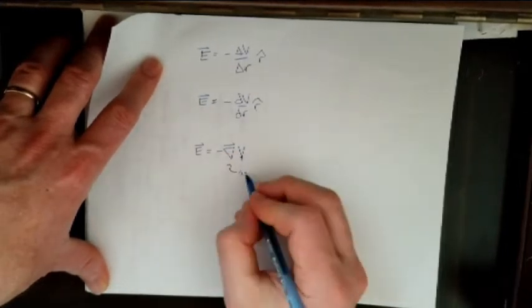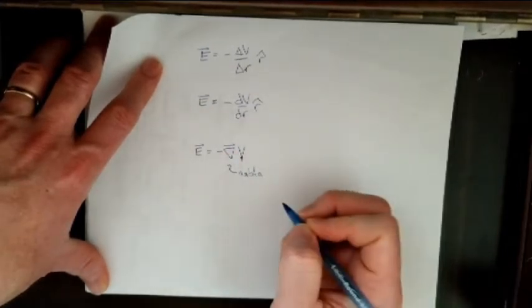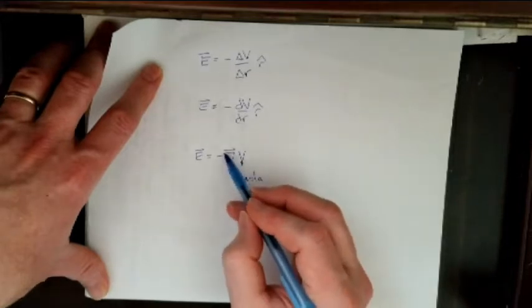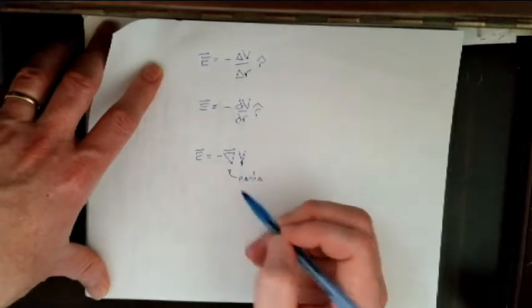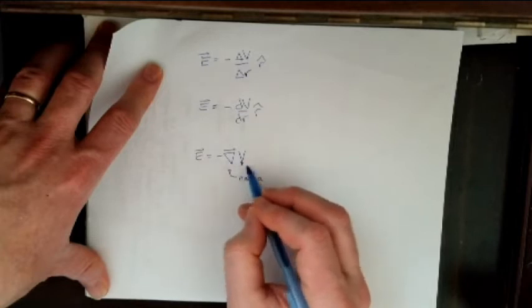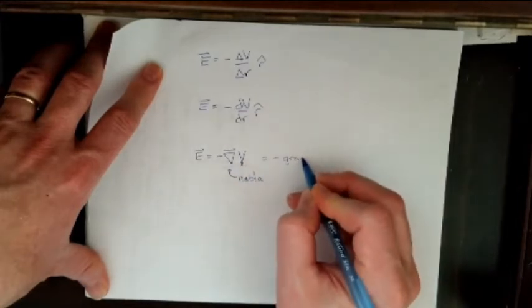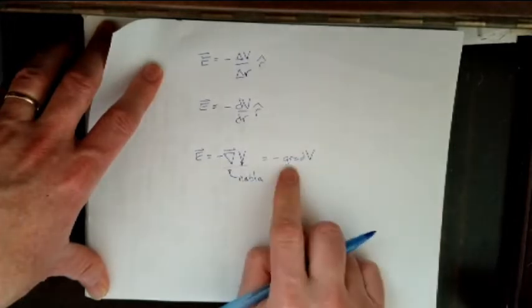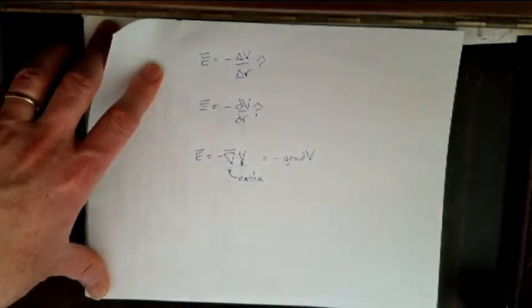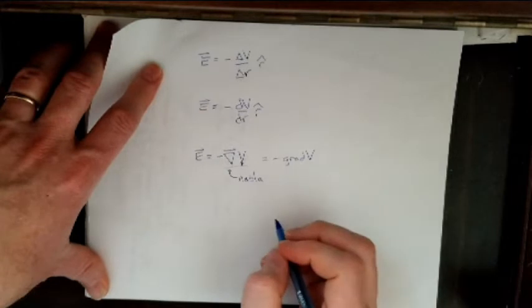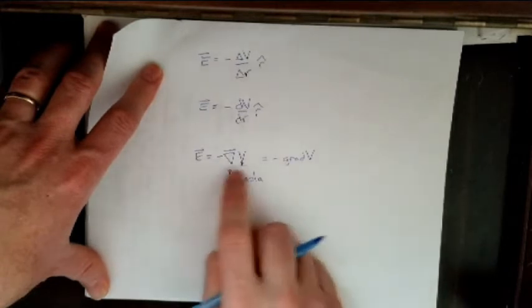This is known as the nabla. It is the upside down delta with a vector symbol over it, and this right here would be the gradient. So the electric field is the negative gradient of V. If you haven't dealt with gradients before, this is just bonus knowledge. So the nabla